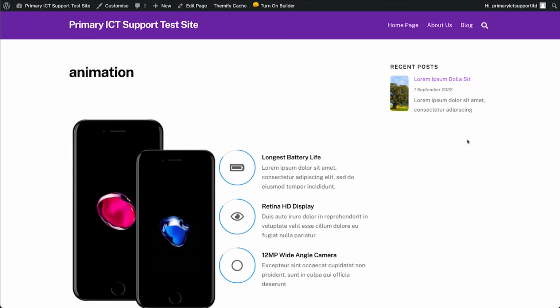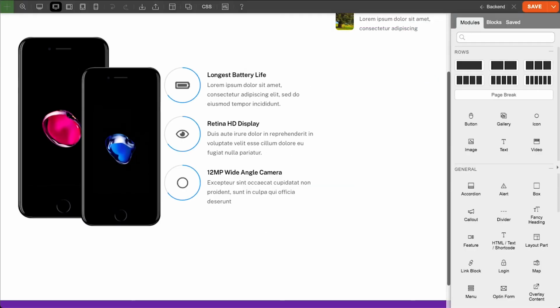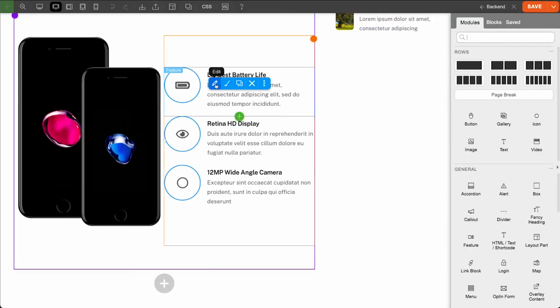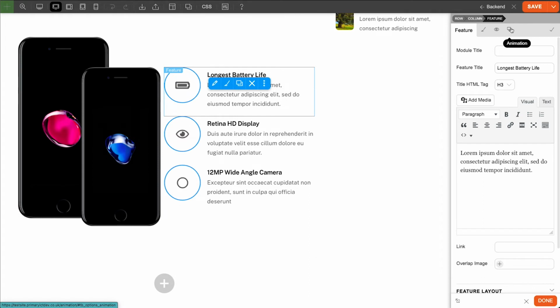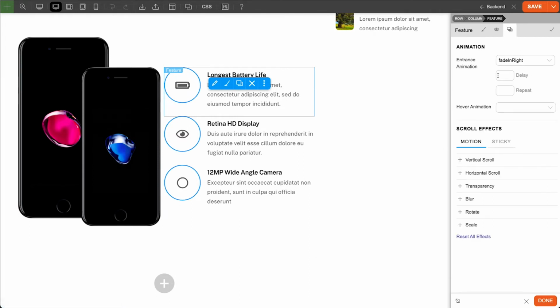If we turn on the builder and edit the features one by one and add a short delay to the animation, the delay animation option will expect a number in seconds, which will delay the animation by that set amount. We only want a very short delay on the animations, so I'll add a 0.2 seconds delay to the featured